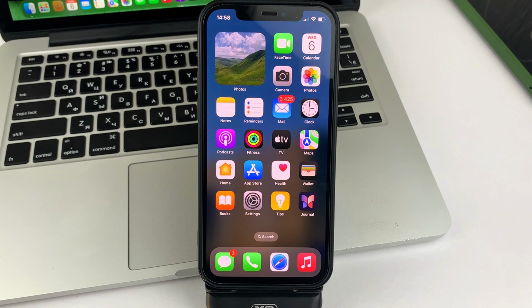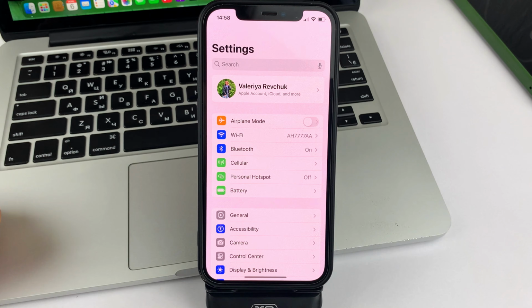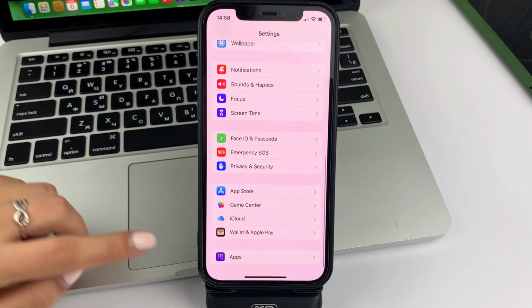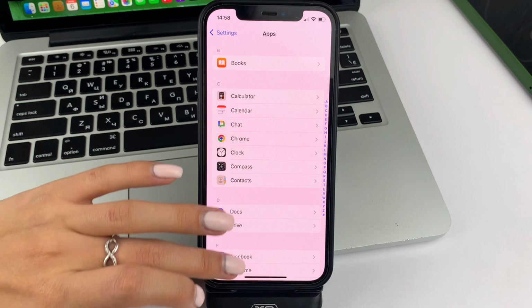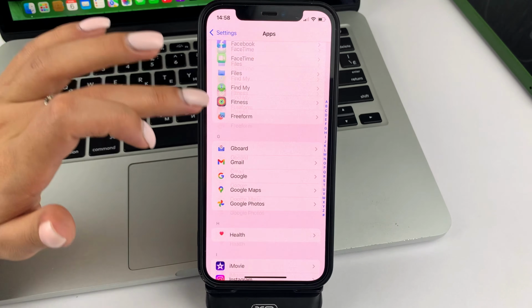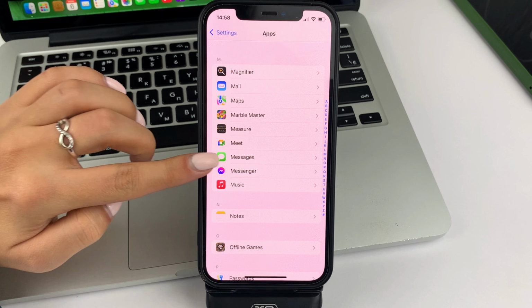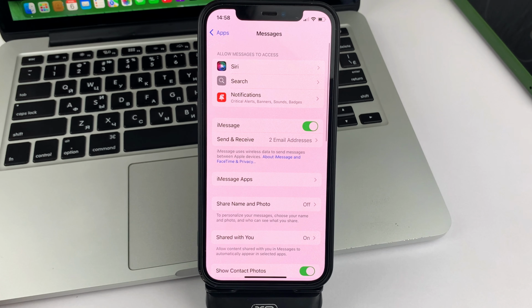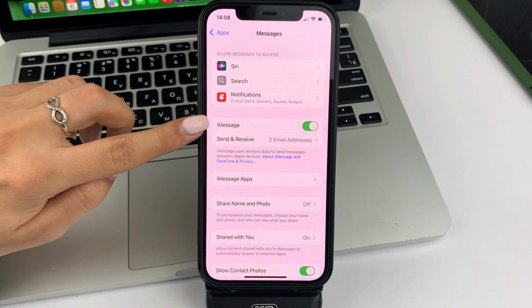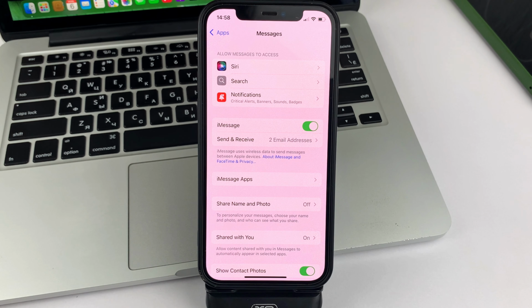Open up Settings on your iPhone, swipe down, tap the app, and then also swipe down here and open on Messages. Next, friends, you will need to make sure that you have iMessage connected. If this option is not connected, then just click on the button after the word iMessage to enable it.